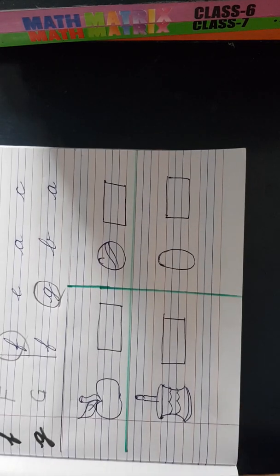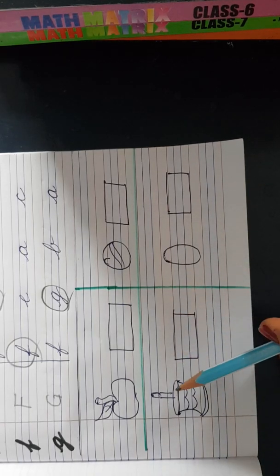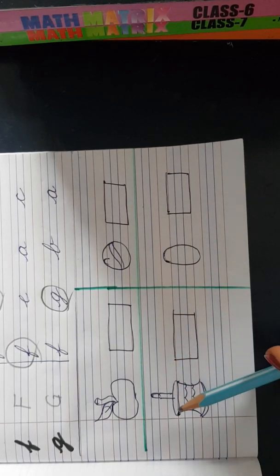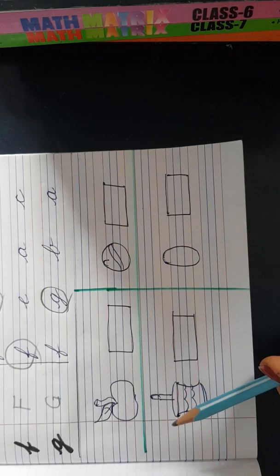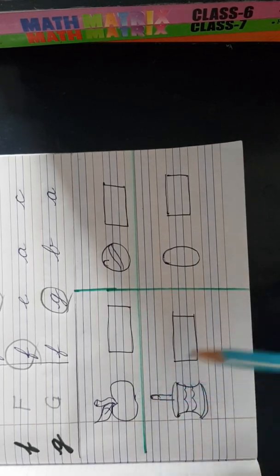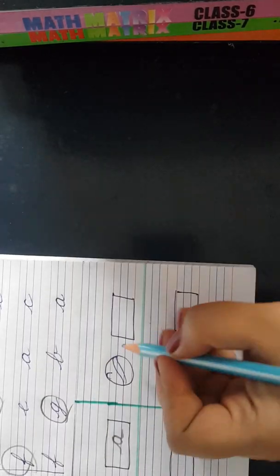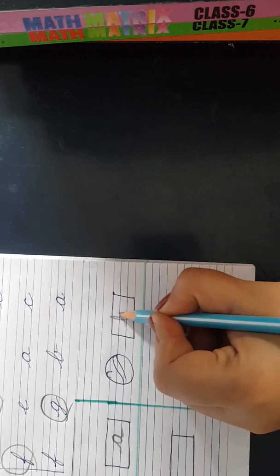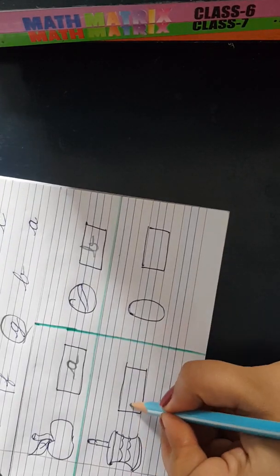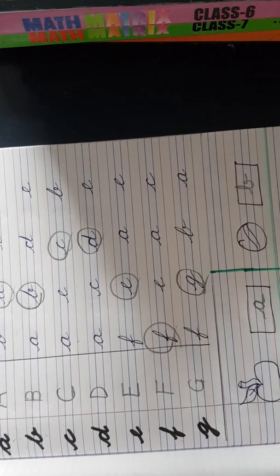And next, what I have prepared, these are 4 pictures, and we have to write small cursive alphabets of the concerned picture, right? This is A for apple, so we will write here small a. This is B for ball, and we will write here B. This is C for cake, and this is E for egg. So this is the way you have done the worksheet.